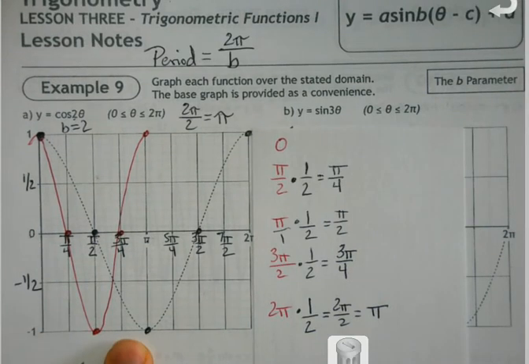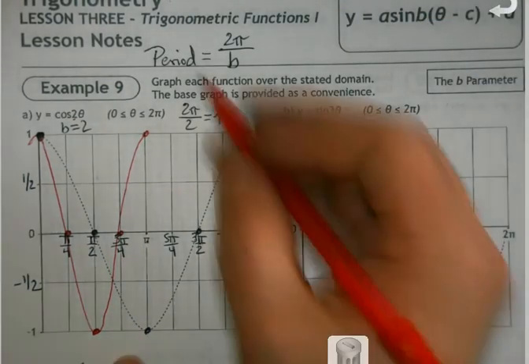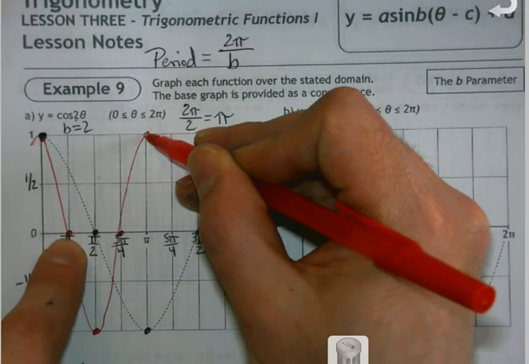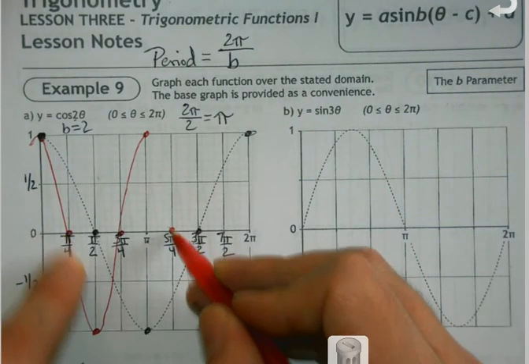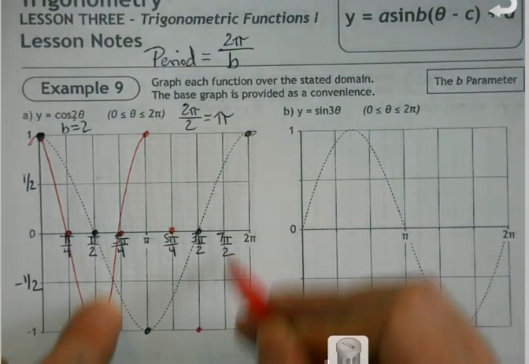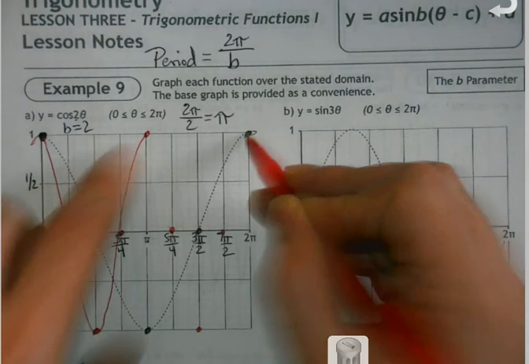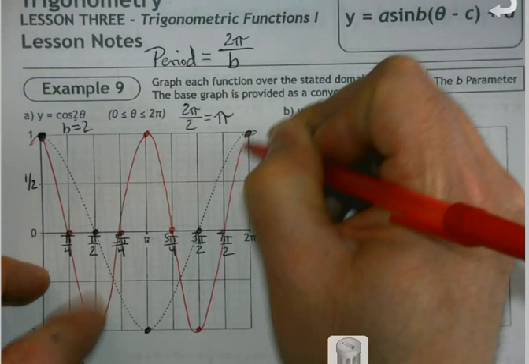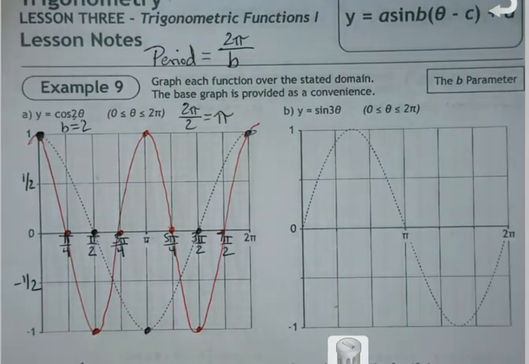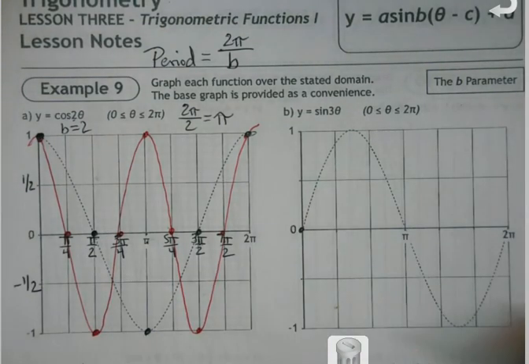If I wanted to keep graphing this one, I don't have to get cute and fancy anymore. All I've got to do is keep saying, okay, I got back to 0. The next 45 degrees takes me back down to here. The next 45, and then it goes back up, and then it's all the way back up to the top. So basically what it does is it does 2 complete cycles in what used to only be involved with 1. But I want to keep stressing the need to, A, have a pretty good grip,